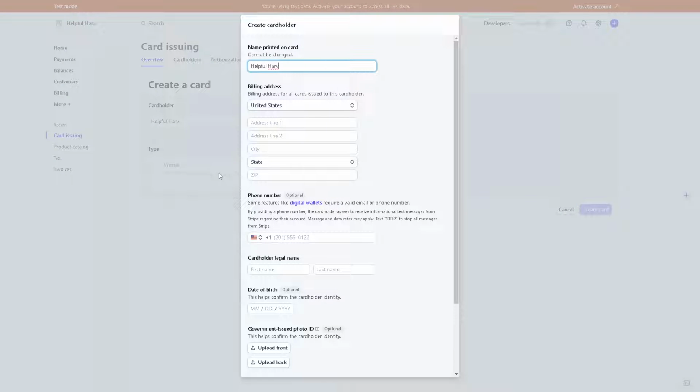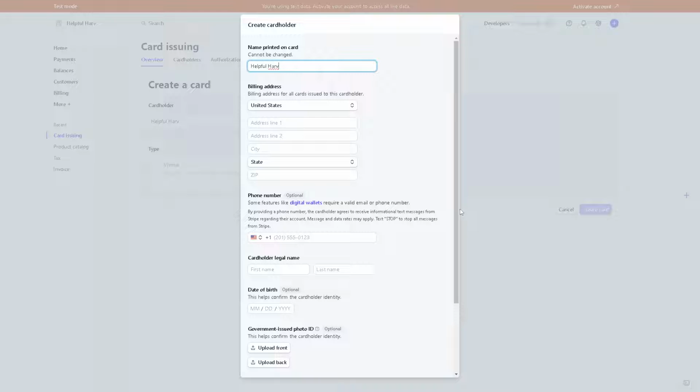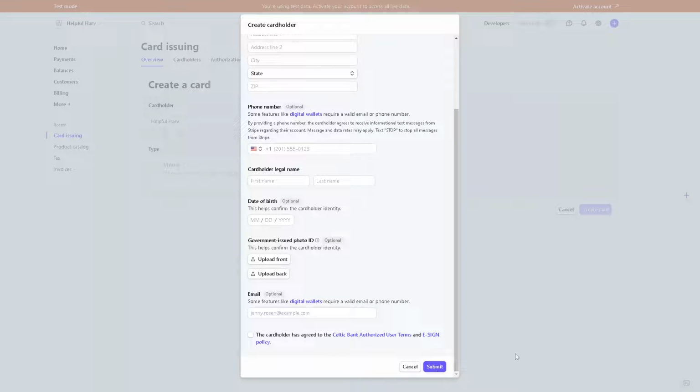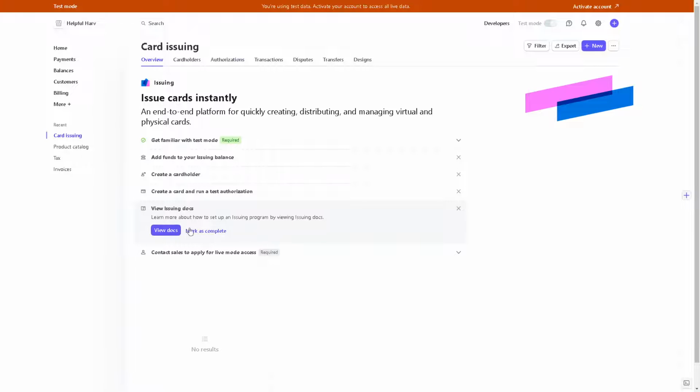add it down here. And as you can see, again, you will be redirected to the same window that we had created earlier. And after doing so, click on submit. Now from here, you can also view the issuing docs, but that's for another video, but you can mark